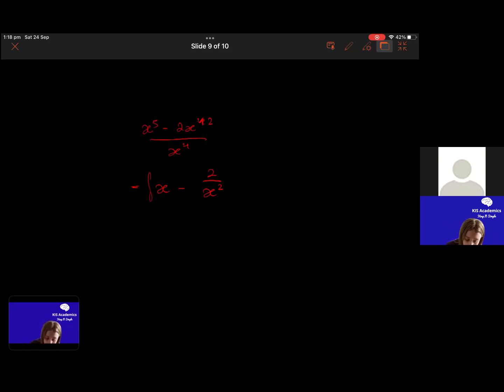And then from here, integrating this is a lot easier than integrating this one here, because you would try and use your log rule and you can't do it there. Okay, integrating this just for completeness' sake, let's actually do the integration. So we're going to have x to the power of 1. We're going to add 1 to that power, so it's going to become x squared, and we're going to divide by our new power, which gives us a half. Now we're going to do the second one. This is actually what I've said is my third way of doing fractions, because see, there's no x on the top. So when there is no x up here,